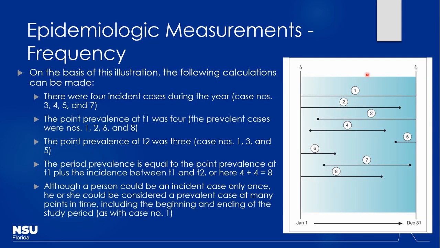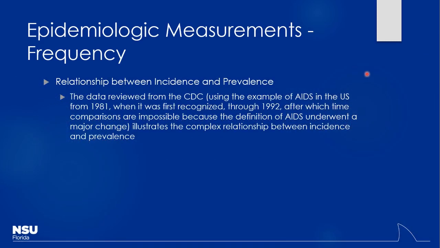Anywho, this is just kind of summarizing what we already talked about. So again, which ones are the incident cases, point prevalence, etc. We can figure that out. Okay, so again, looking at that relationship between incidence and prevalence, here's a good graph that kind of shows you this. This is some information coming from the CDC, and basically is looking at the incident cases of patients